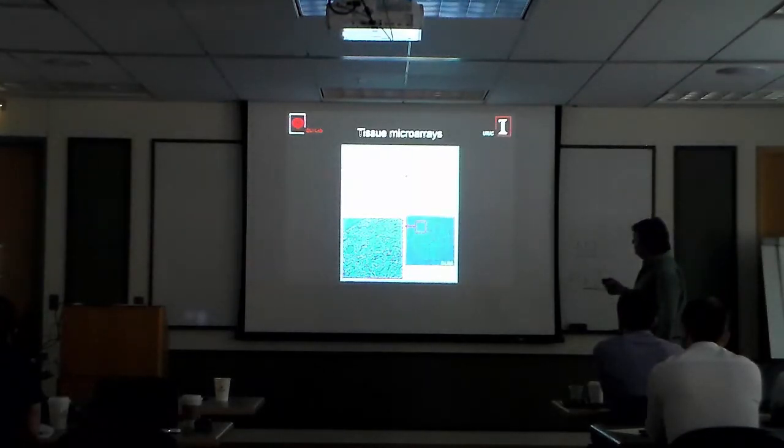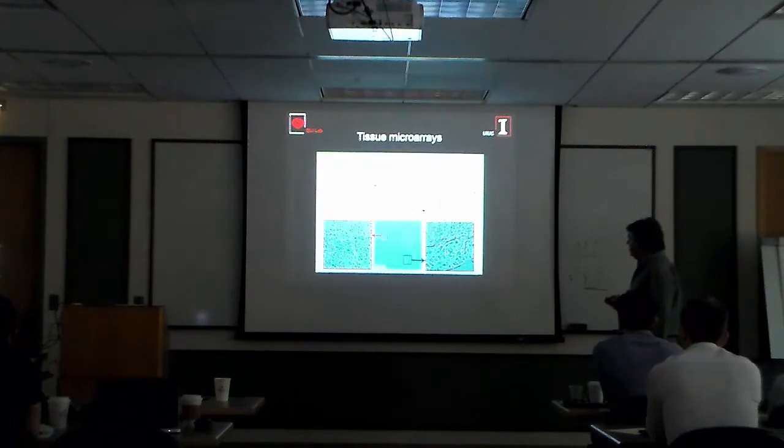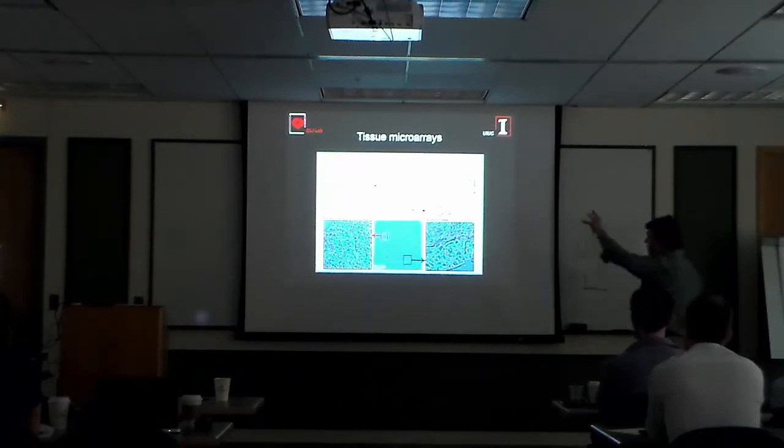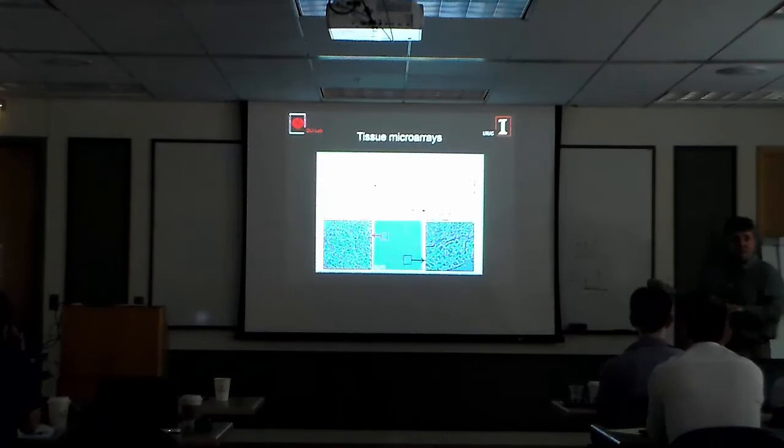This is a cancer. These are all prostate samples. So you see these glands, very well resolved in the SLIM images. And this is a bad case of cancer where the glands disappear. This is a very bad kind of advanced cancer. But what I'm trying to tell you is that we recover all the information from the stains into the SLIM tissue. We've been working on this for a long time.